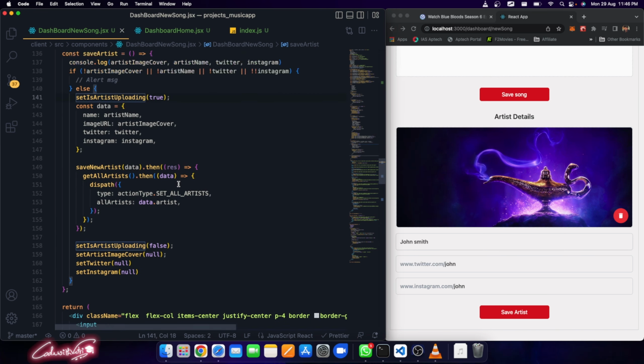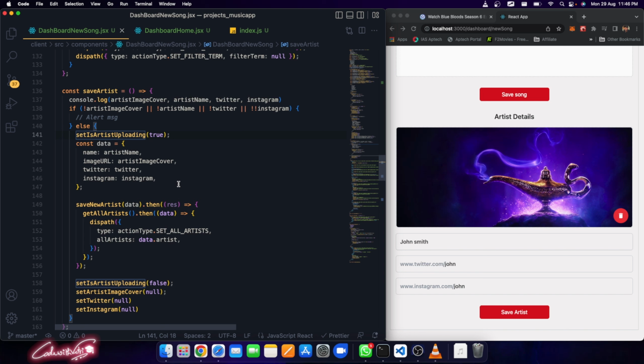Is artist uploading only? True, false. Data, we are getting the data. And Twitter, we have to save the Twitter information as. Let's open the dynamic string and www.twitter.com/